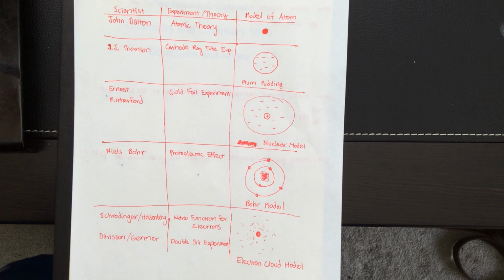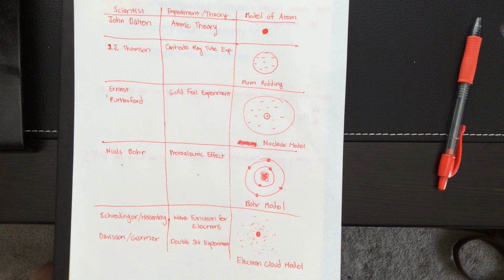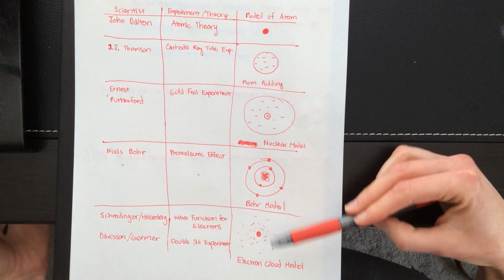Hey guys, this is just a really fast video reviewing a couple things from Chapter 2. It's going to be super short. One thing that you need to know about from Chapter 2 are the different models of the atom and the